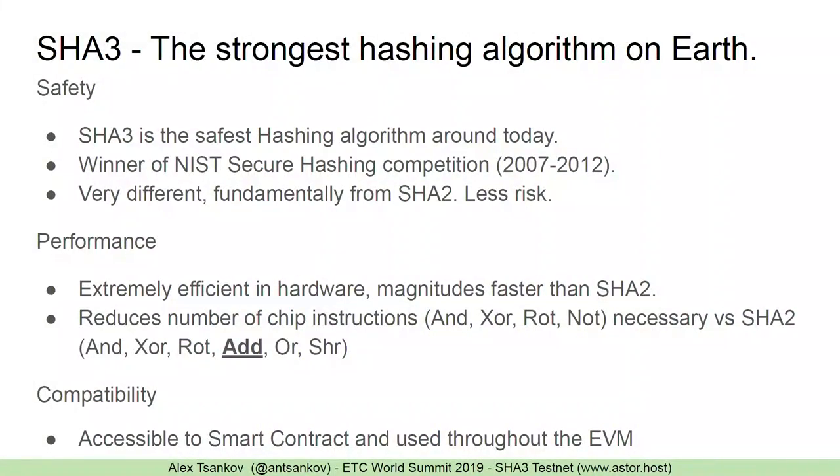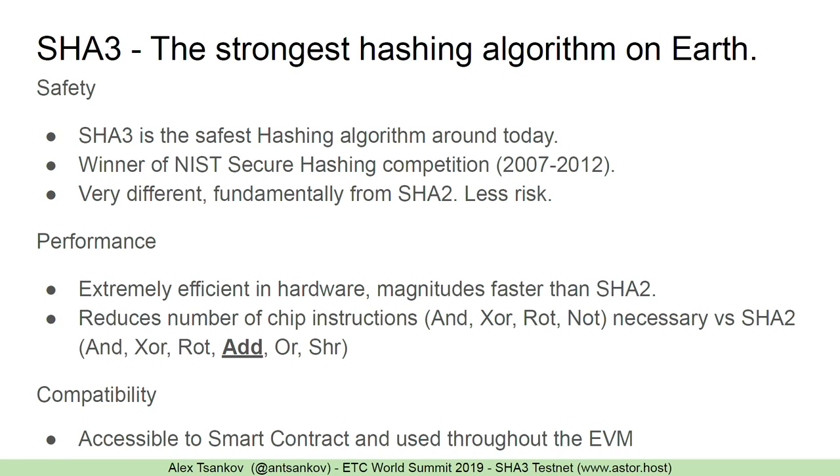So what are the two main reasons why SHA3 is an amazing algorithm? Well, first of all, it's safe. SHA3 is a title that was actually earned. It stands for Secure Hashing Algorithm 3, and it was the product of a NIST secure hashing competition that was put on between 2007 and 2012. The reason it was chosen was because it's very fundamentally different in its construction than SHA2. What NIST was worried about was that because of all of the cryptography that relies on SHA2, if that were to get cracked, what would we be able to use in scientific or defense-based applications? So they wanted to find something that was a very different construction.